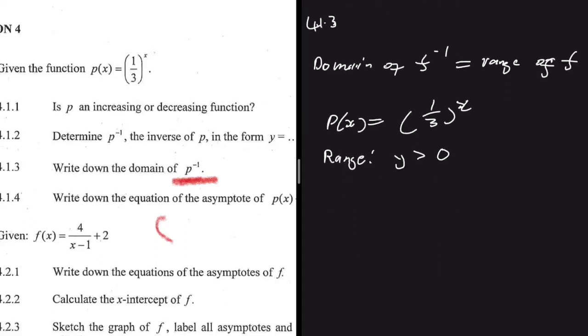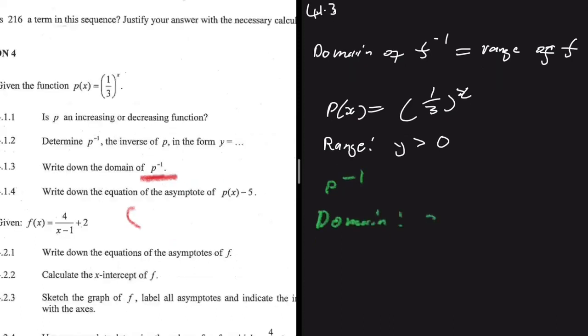We are saying that the domain of p inverse will be, so now we have the domain x is greater than 0, right? And then the last equation